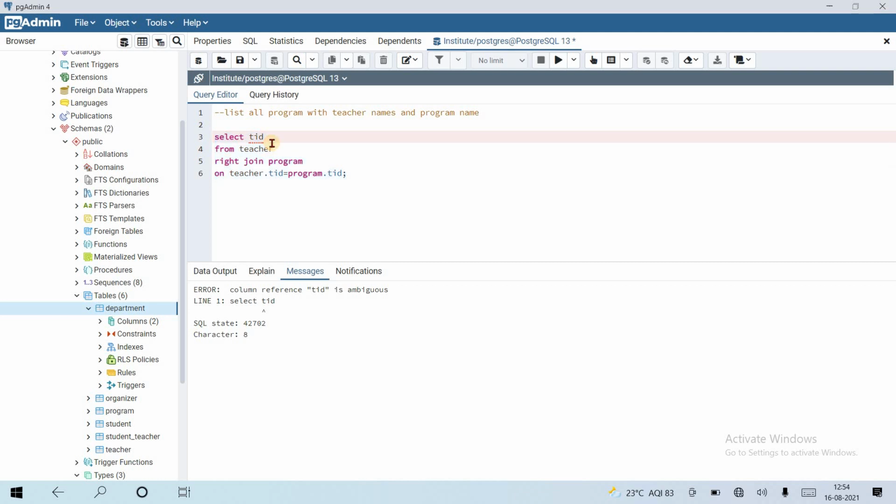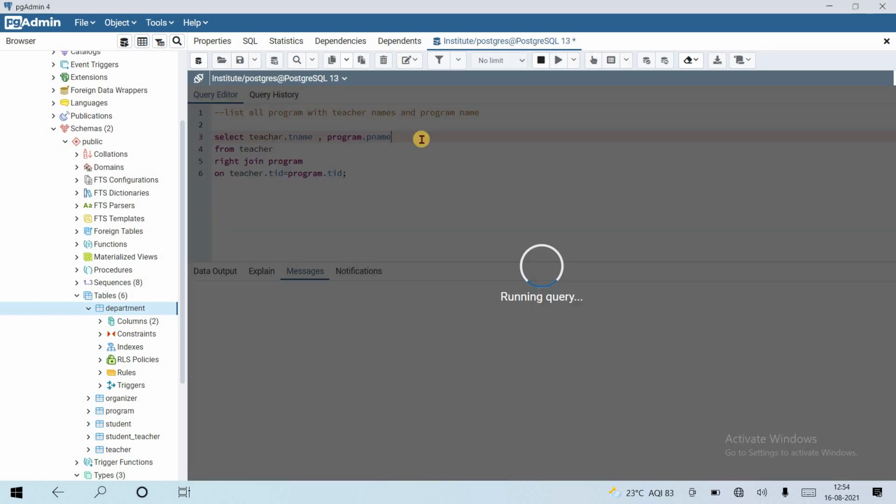So we need to specify that the TID belongs to the teacher table, using table name dot column name. That's why we always use table name dot column name. In the query we want all teacher names and program names: teacher dot t name and program dot p name. That's it.